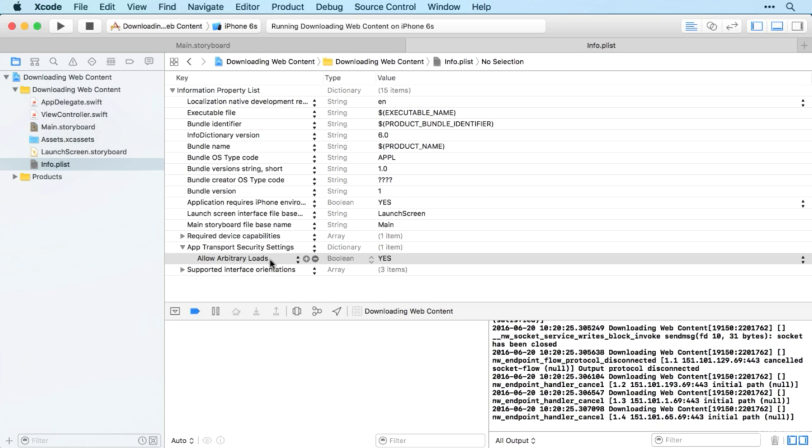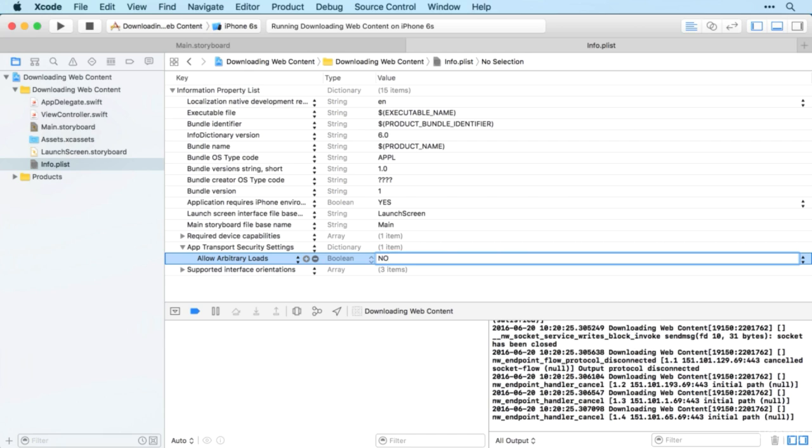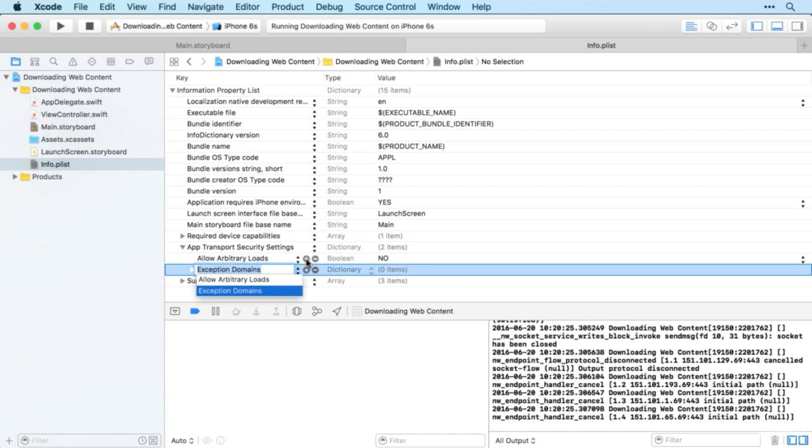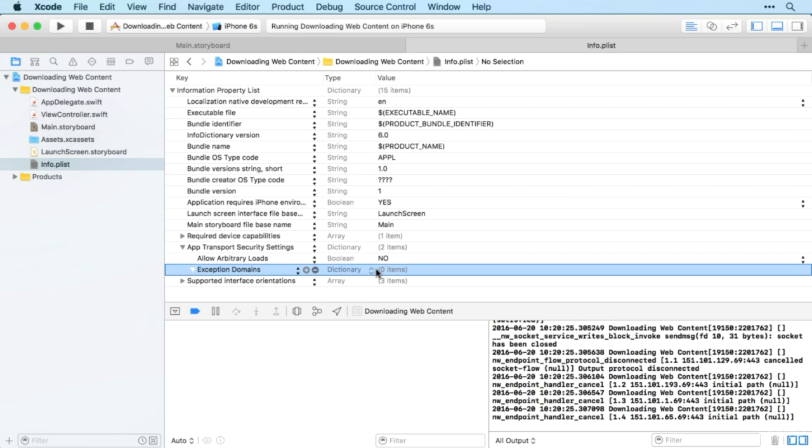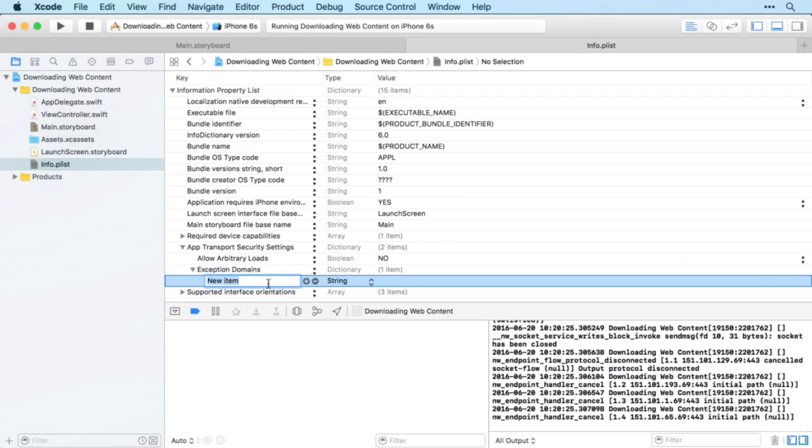But if you're just loading from a particular domain, then much better to keep arbitrary loads at no, and then add in exception domains for the domains that you need. So let's open that up and then add a new item, and this is where you put the domain name. So in this case we'll have stackoverflow.com,